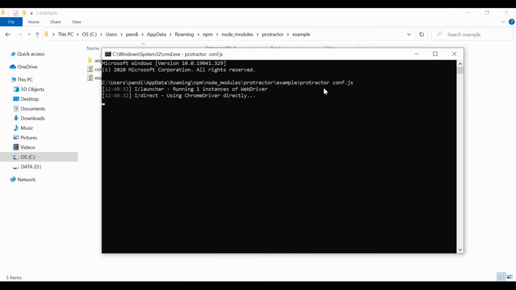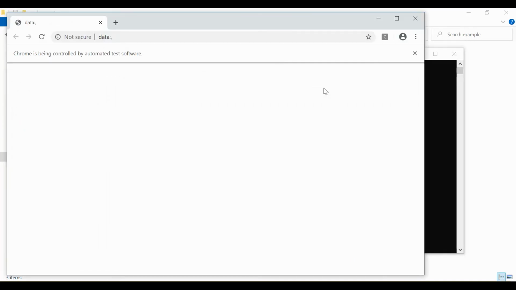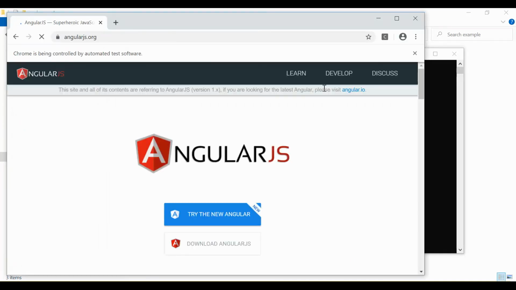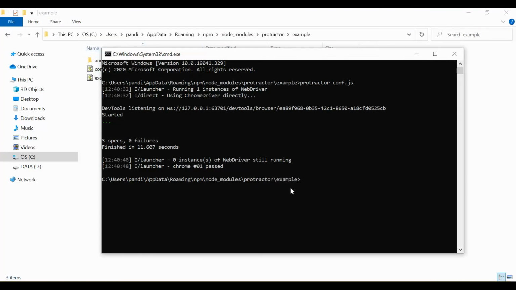It will start executing that test case, and it is a sample Angular application. It will open the Chrome driver. It is going to the angularjs.org website, and as it has 3 IT blocks, it has executed 3 instances.